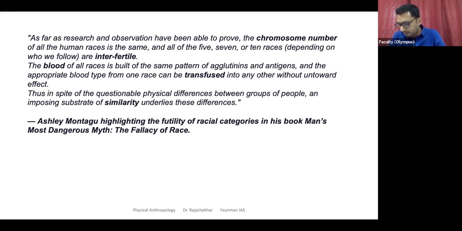Another one that I would like to discuss with you is race crossing in humans with suitable examples. Race crossing, because in the syllabus we not only have differentiating or classifying races, but we also have a concept on race crossing. Once a question came on race crossing in man, so I'm going to cover those two aspects. With that, we'll finish talking about unit 9.5. I think I mistakenly said 9.6, but it's 9.5. So two things: what is the role of genetics, what is the role of environment, what is known about this, and second, race crossing.